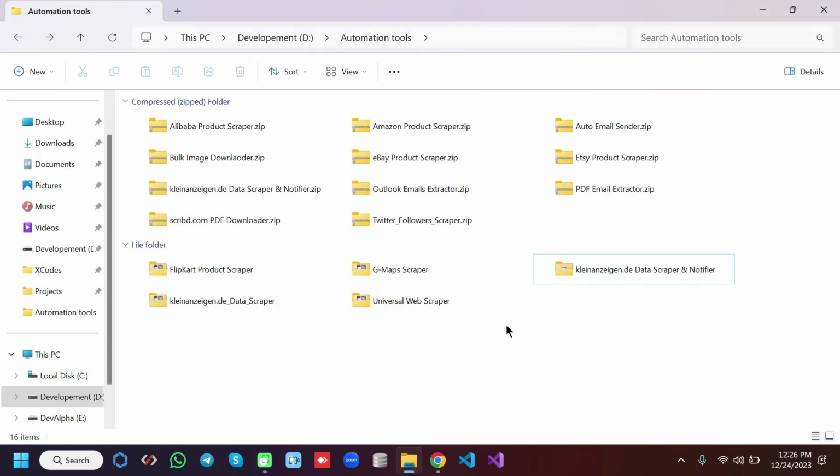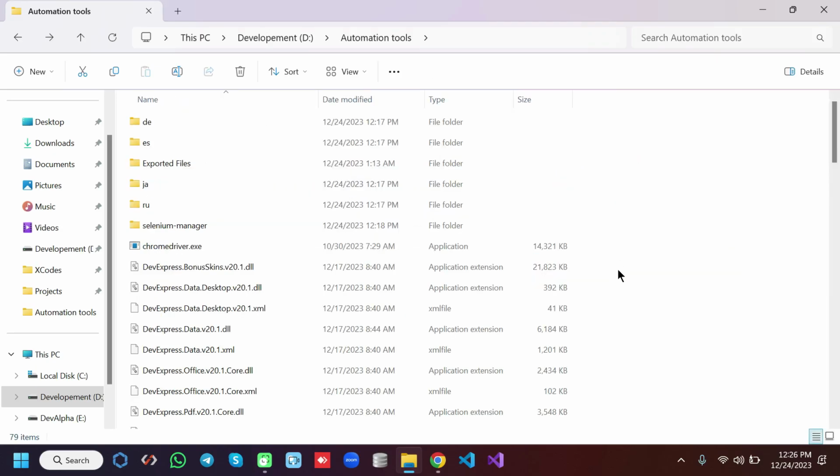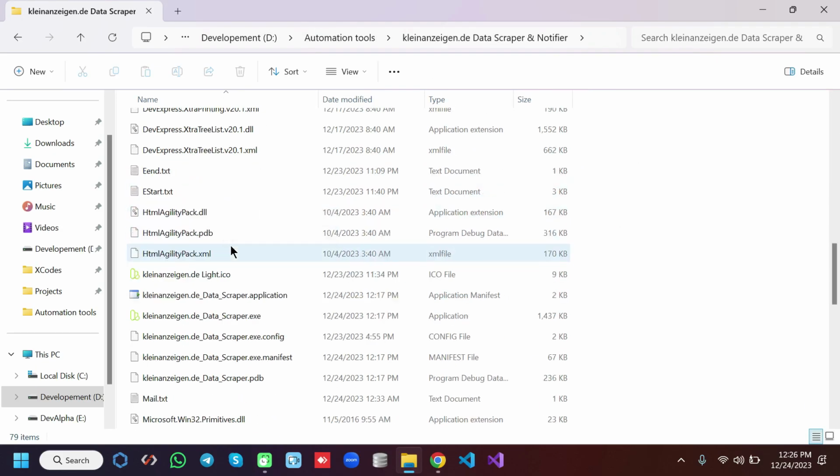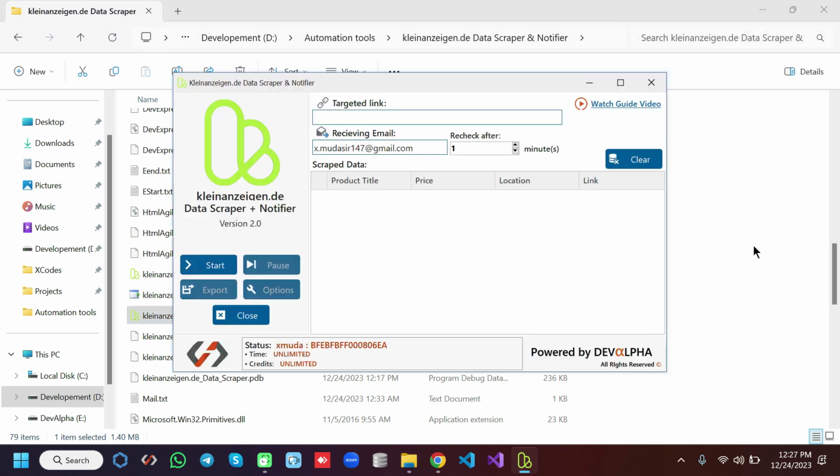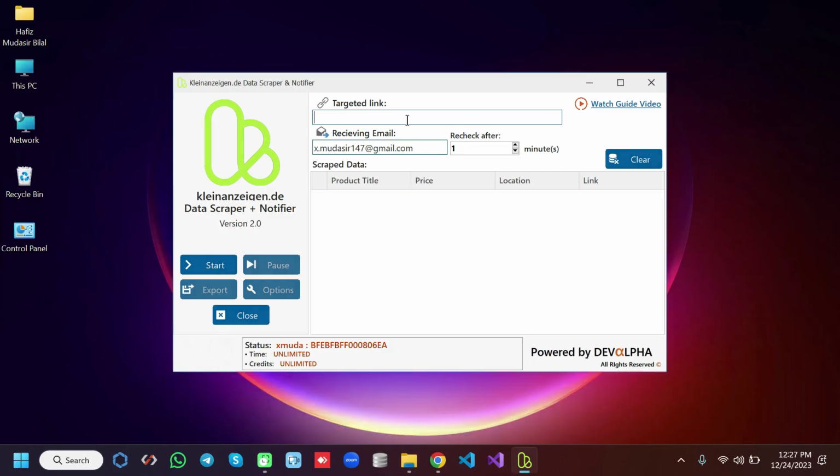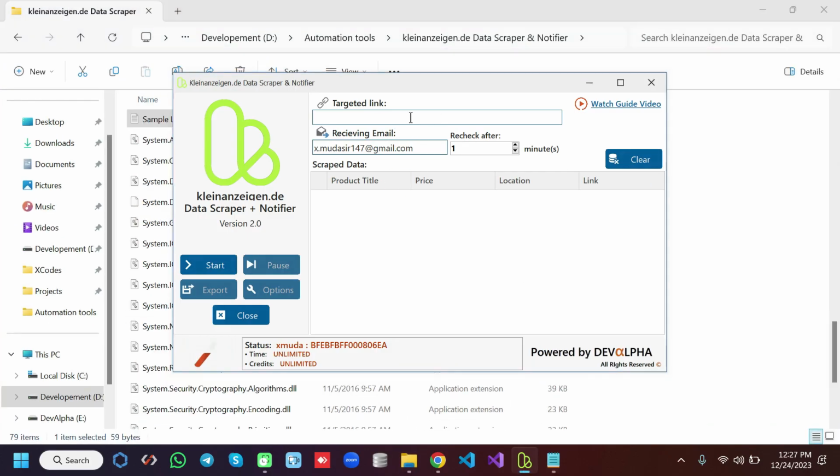So first you will receive this zip file from me. Once you extract it, open this and find the exe file and open that one. Okay, this is the interface of our bot. Here you will just need to type your desired link. For example, you use this one, and here you will just need to put your email, and these are the